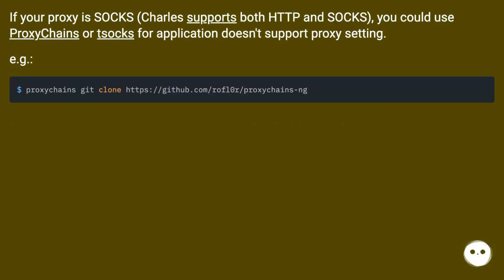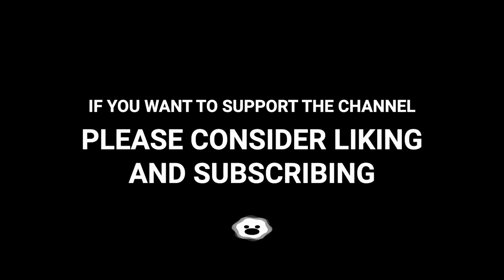If your proxy is SOCKS, Charles supports both HTTP and SOCKS. You could use proxychains or SOCKS for applications that don't support proxy settings. E.g. Charles Web isn't trying to